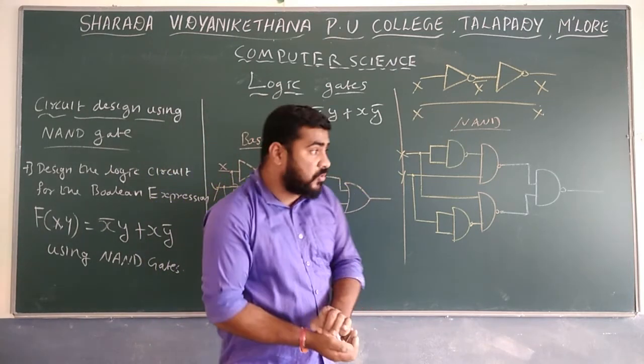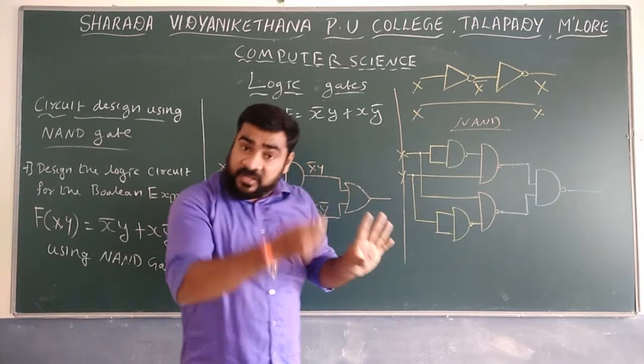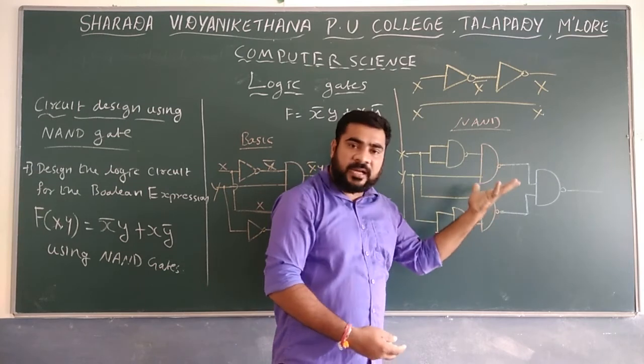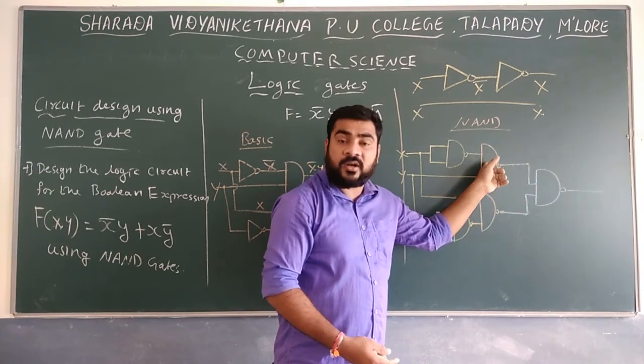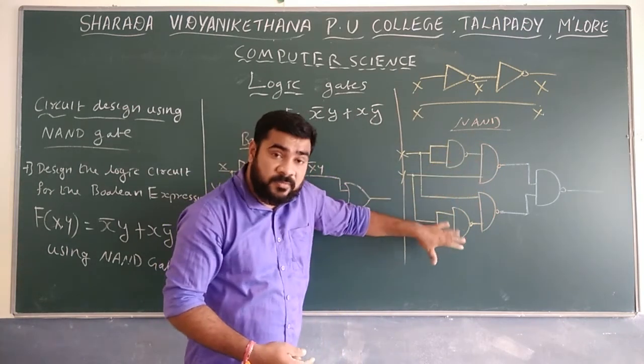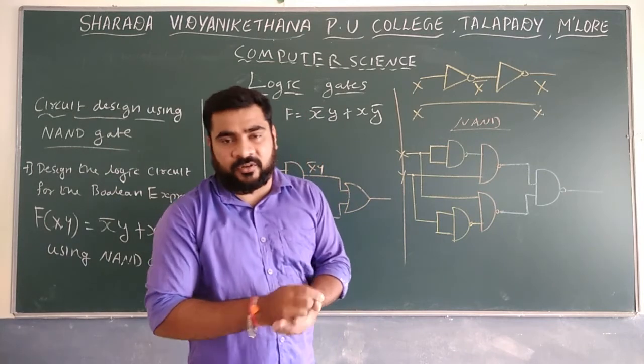This one is used. But if you write it like this, you will never understand how to convert. First you have to convert; if you write it that way, this is not good. This is an AND gate? It's not an AND gate. An AND gate means one more NOT is required. So it is not possible to understand like that. First you have to convert, and later it is possible to reduce.